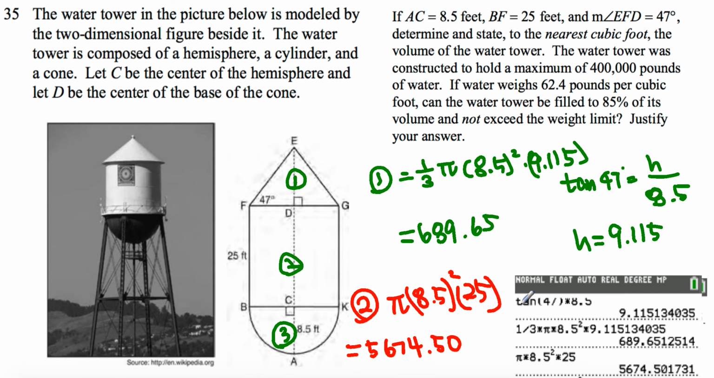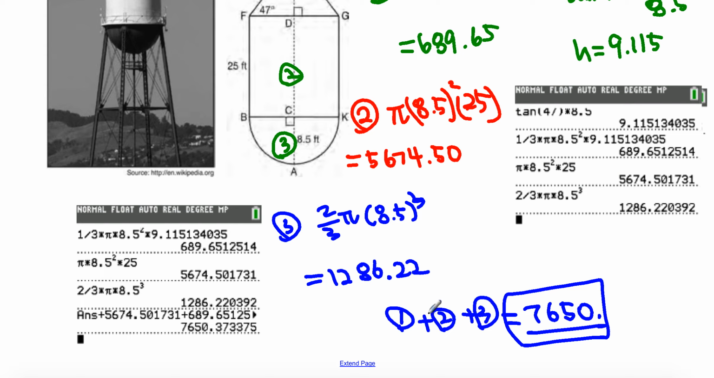Now, second, so we found the volume, but the water tower was constructed to hold a maximum of 400,000 pounds, and they are looking for 62.4 pounds per cubic foot. Can the water tower be filled to 85% of its volume and not exceed the weight limit? So we're not getting everything, but 85% of that. So then, the second part of the question